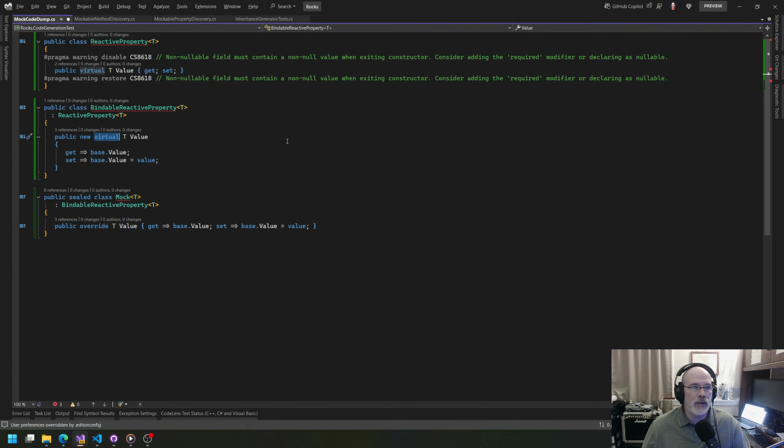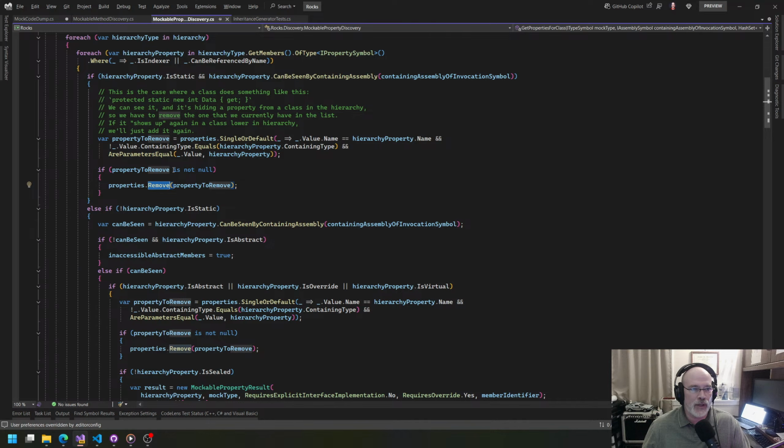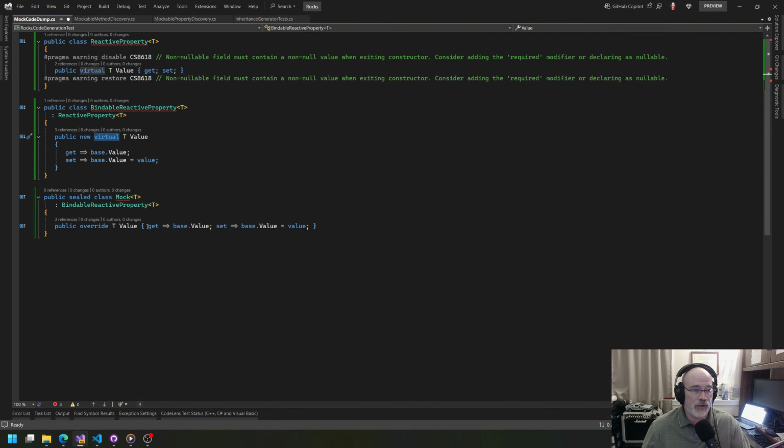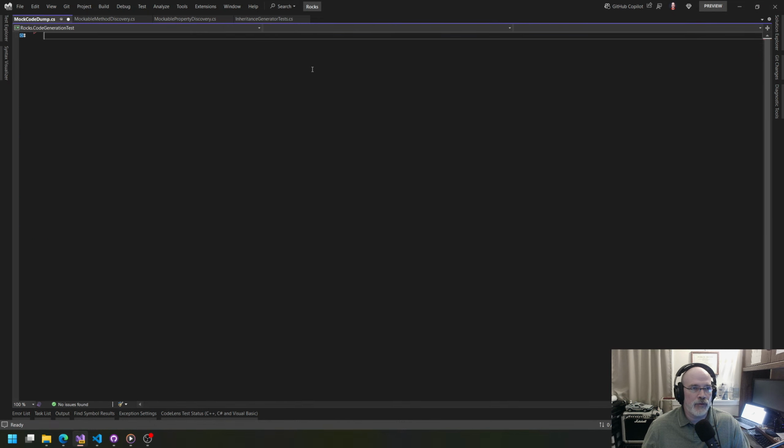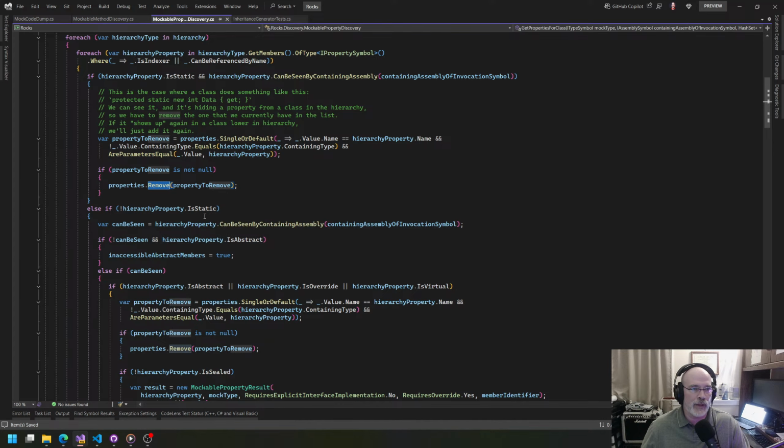But I think I have in my logic here that once I pick up that property, I remove it. But here's the thing, I'm going to want to include it again because of this case that I just showed here. This one is now valid because this hiding thing is a valid virtual member to override. So there's a couple things at play here, and what I want to fix first in the properties is to say,